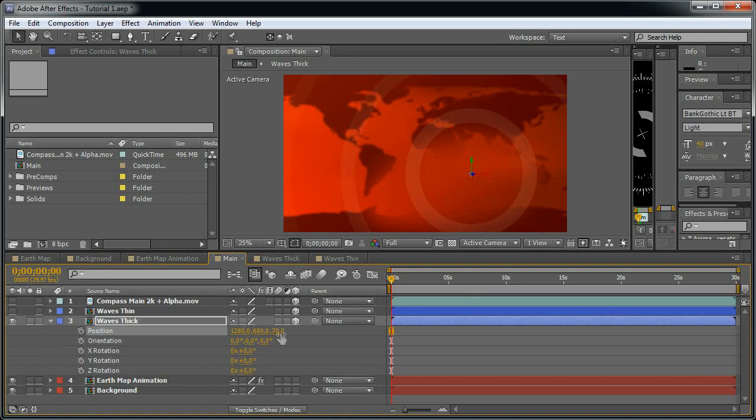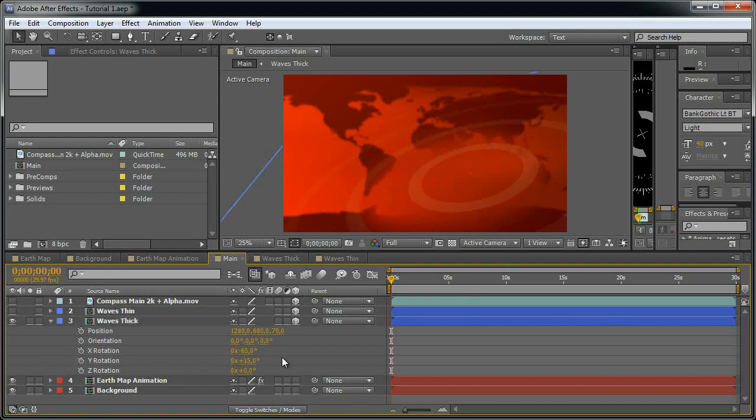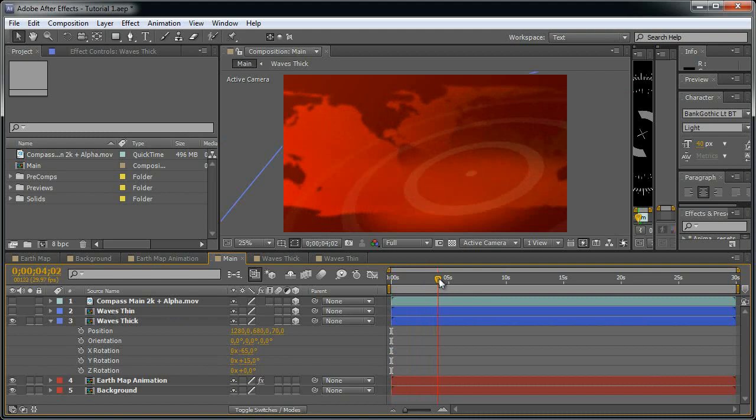And set the rotation to -65 for the X and 15 for the Y, and as you can see we get our radio waves,